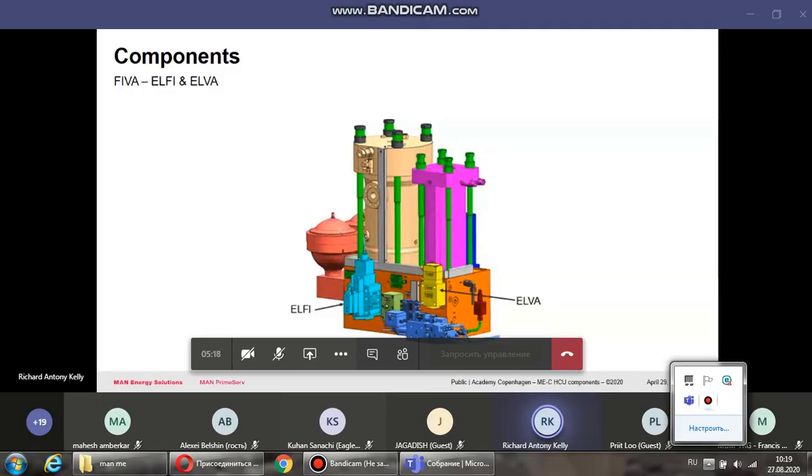So it's for the G engines, the large stroke I mentioned before, and what Mr. Francis talked about on the first day. So the huge G engines, G95 engines, we have split up. So we have the signal to and from the ELFI, and we have a signal to the ELVA. There's no feedback from the movement of the ELVA, because of course it is either open or closed, but you still have the feedback sensor on the